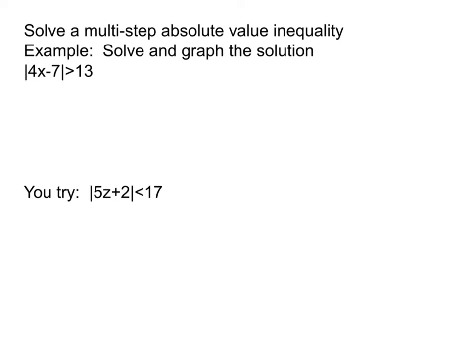Okay, solving a multi-step inequality. So the best way to think about this would be to, remember, we do the plus or minus to get rid of the absolute value. That "or" is just setting up an or statement, so you could write that as two inequalities, like 4x minus